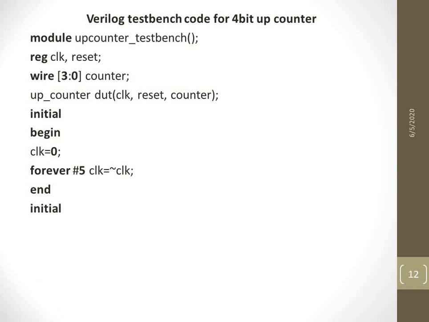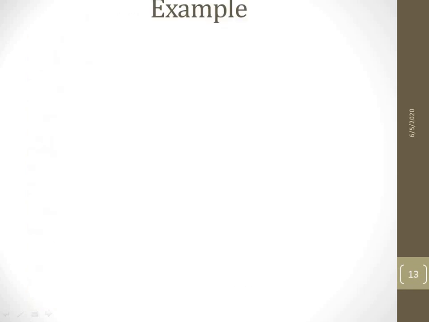And then one more initial block is taken to generate the stimulus, begin. Reset is 1 for 20 nanoseconds and then made the reset as 0. Next, end module. So whenever the clock is changing, when the reset is 1, it is reset, but when reset is 0, since the clock is keeping on changing, my counter will start counting and will be generating the counting sequence.